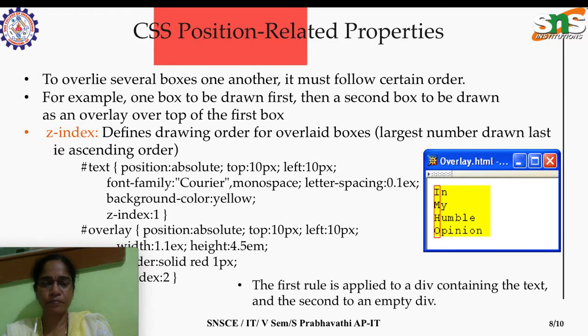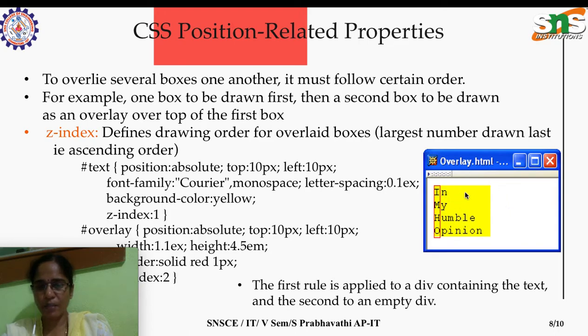Moving on to some other properties related to positioning: when we want to display several boxes one after the other, overlaying several boxes, it must follow a certain order. So take a look at this picture.